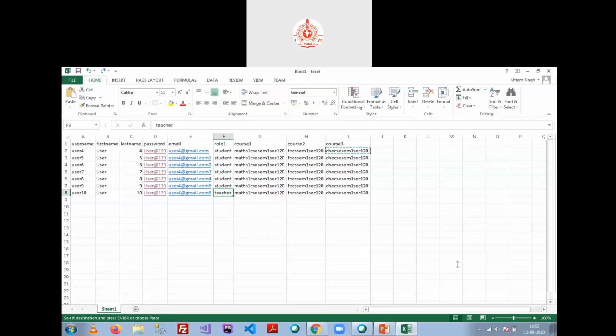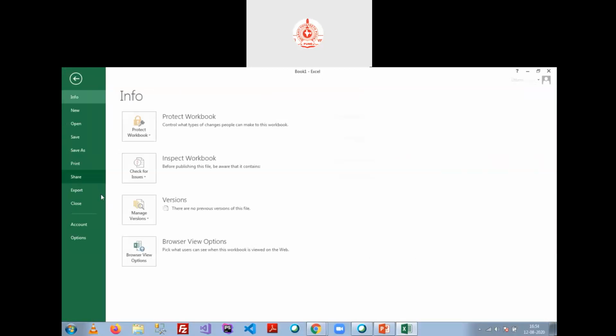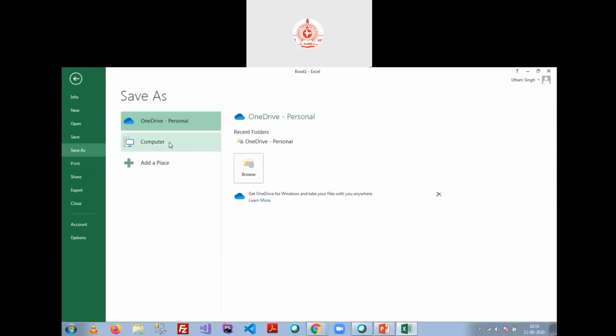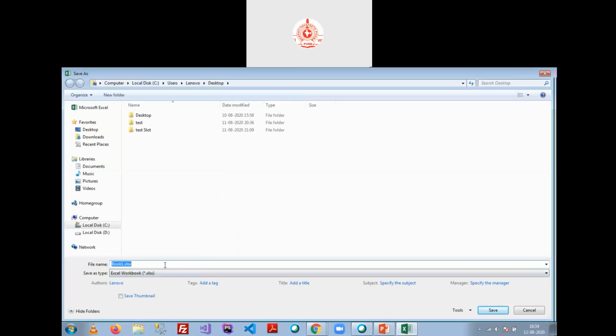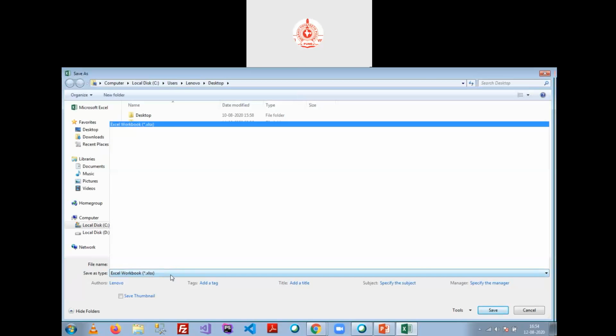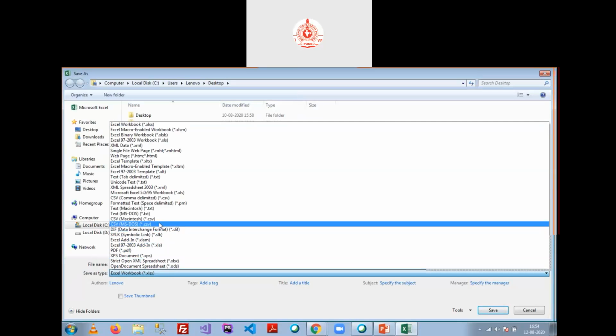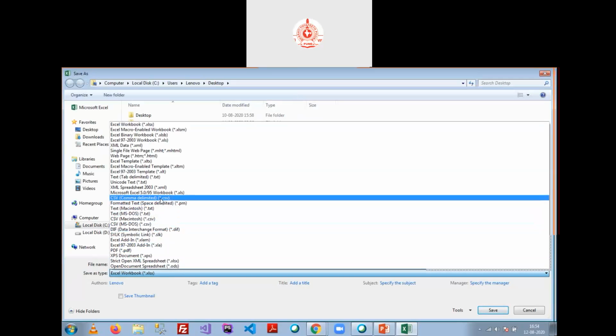Yes, that should be in CSV format, Anup sir. Right now I am working on the Excel file, but I am going to save it into the CSV format. Go to File, Save As, desktop. Select my desktop, and whenever you save this file, always select this one, comma delimited